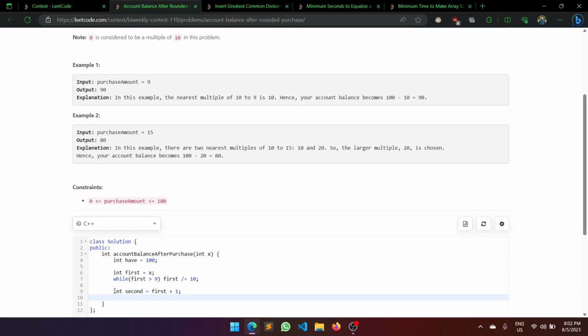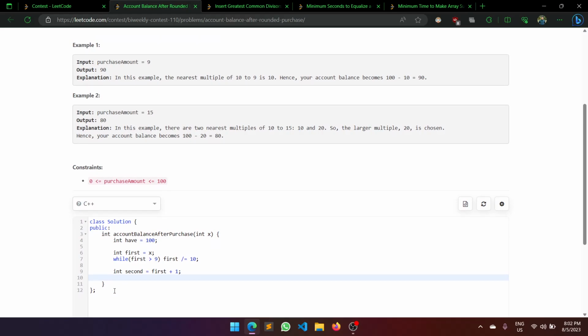So it's either first into 10 or second into 10. If absolute of first into 10 minus x is less than absolute of second into 10 minus x,